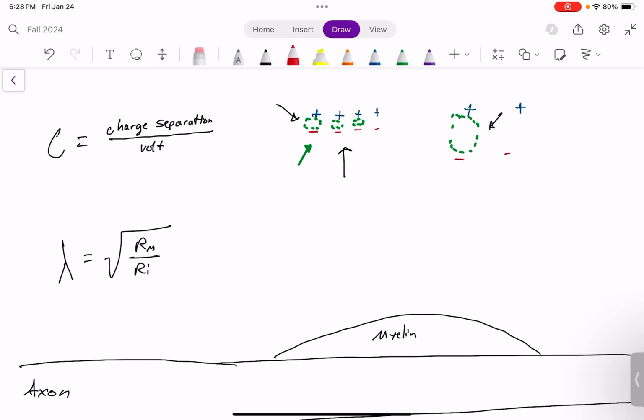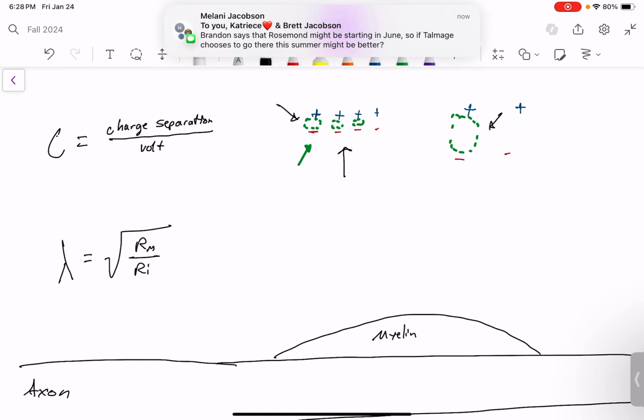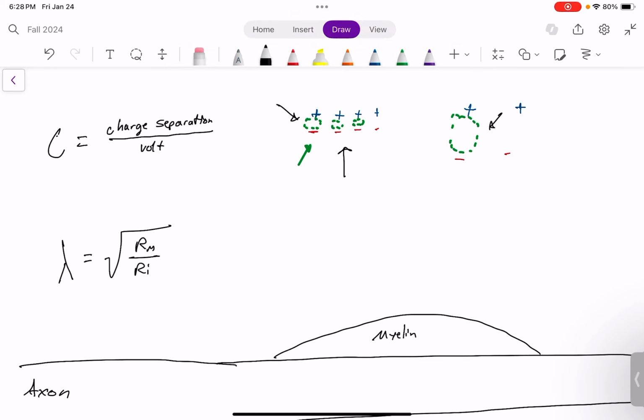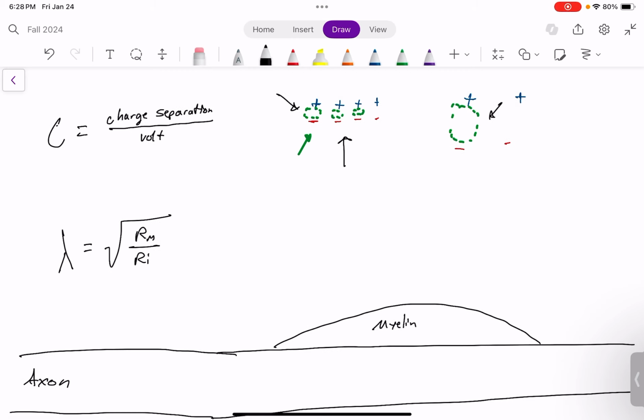So this means that influx and efflux of ions like potassium and sodium, a little bit goes a long way when the capacitance is low. Now, this is great because then that means you can have less channels to accomplish the same purpose in voltage change. And so the cell actually uses myelin, the body uses myelin to help facilitate this, where myelin is basically